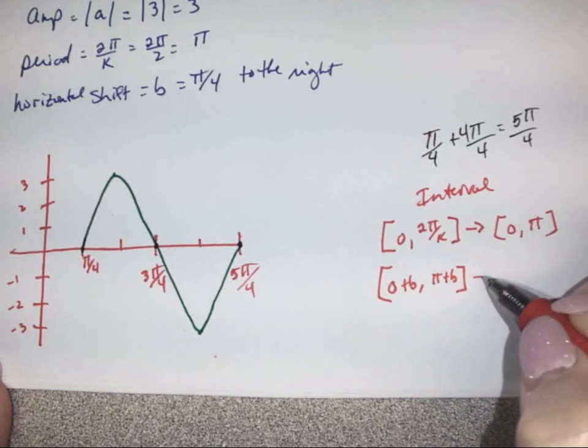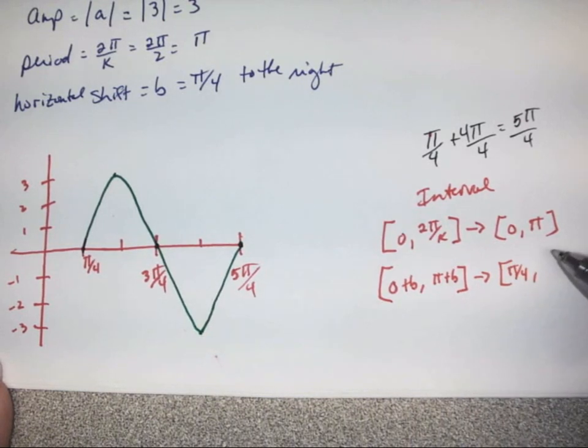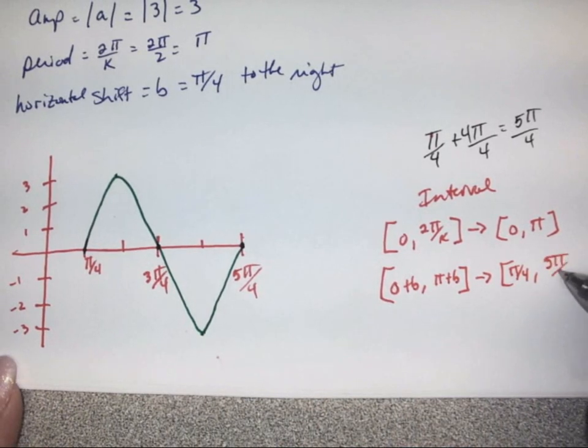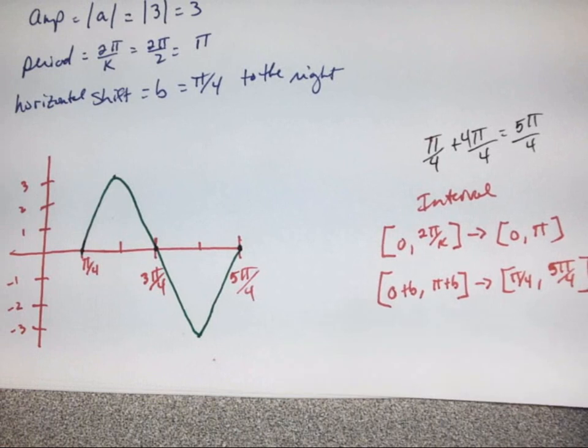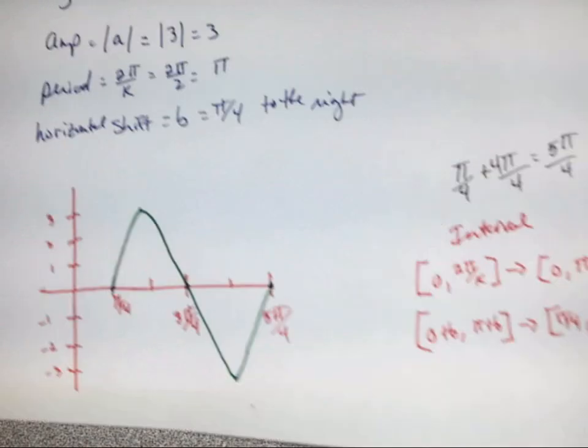So that becomes our pi over 4 to our 5 pi over 4, because we added pi over 4 to both. So hopefully that gives you a little bit more idea of what you're doing to find those, if you need to also list the interval in which it happens. Okay? All right. Next graph. Next graph, we are looking at